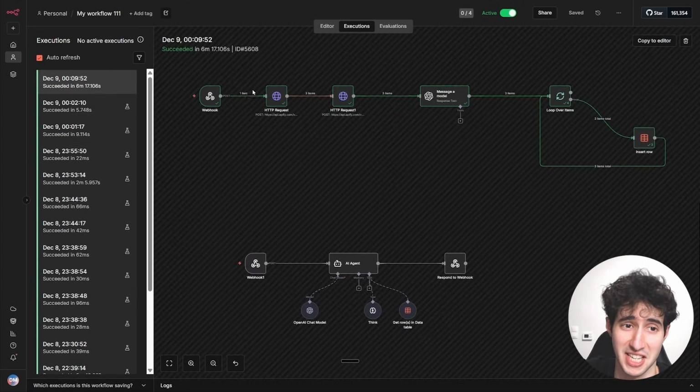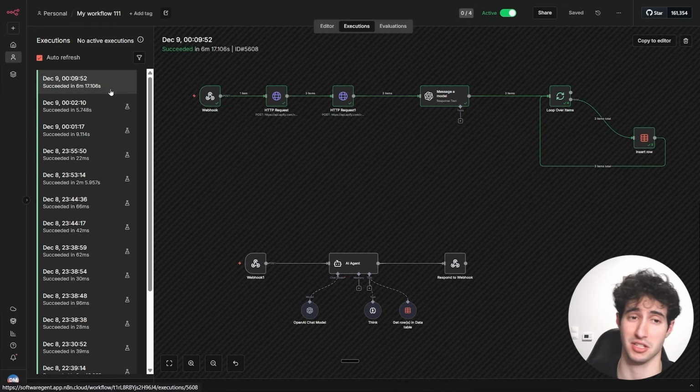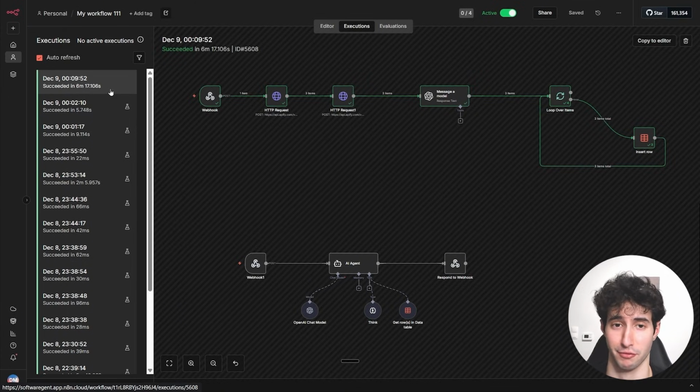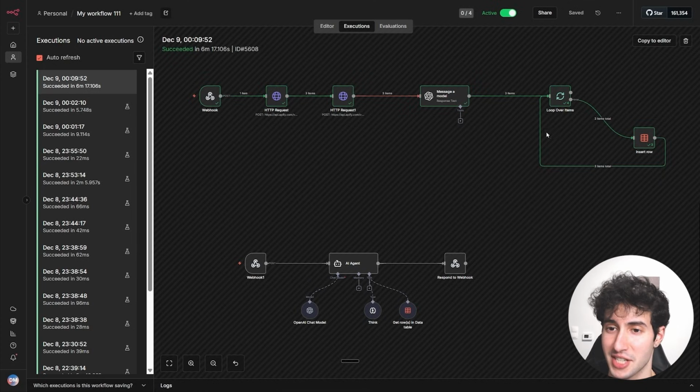And boom, as you can see, it just finished executing. And it did take quite a while. As you can see over here, it took 6 minutes, since transcribing the full length of these 40-minute videos actually does take a lot of time. But as you can see, it is executed successfully and it inputted all of these 3 different items inside the